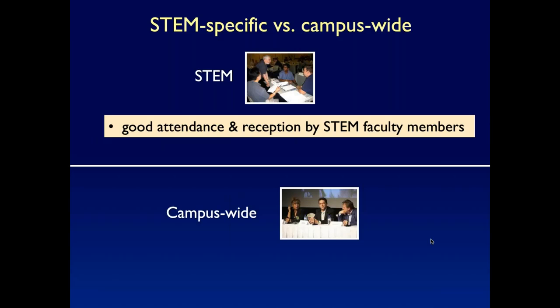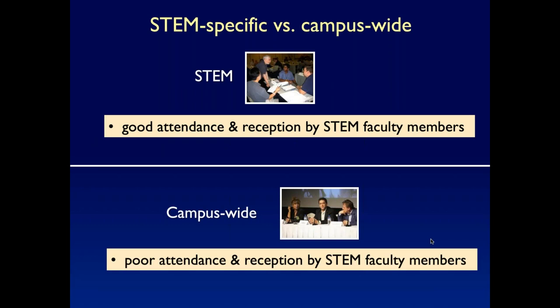The consequences of that are the STEM-specific workshops or engineering-specific workshops. The STEM faculty go to them in fairly large percentages now, and they receive them well, and they're open to the ideas. Campus-wide workshops, engineering faculty tend to avoid them. Some go, many don't, and they're not all that receptive to the ideas. The STEM-specific workshops